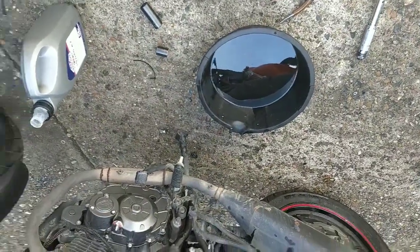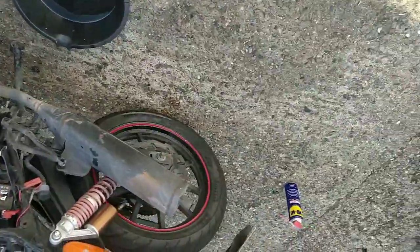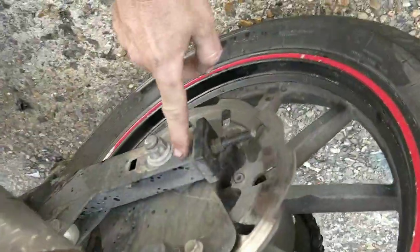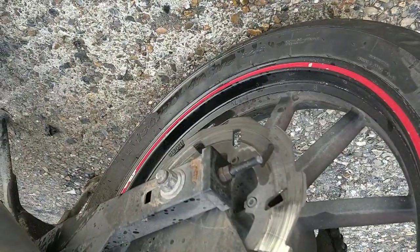And then there's a tiny odd bit of rust here and there that we're just going to use the grinder on here, look, we'll grind it down basically